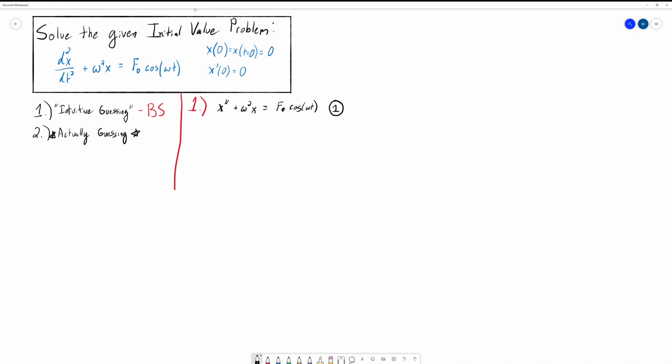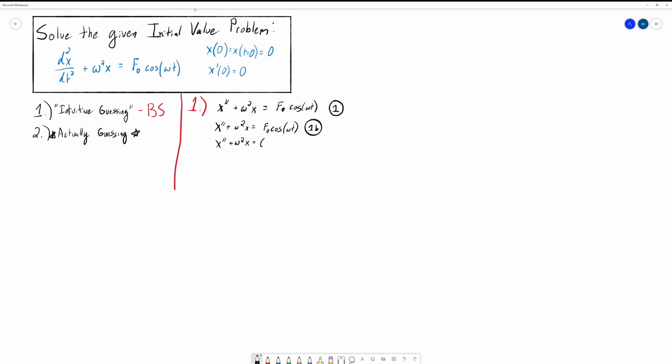Okay, so our job is to first solve this equation, and the way that we solve this is you need to break this into two different equations. You need to solve the equation itself, so find x as a function of t such that this holds, f naught cosine omega t. So I'll write this as maybe 1b, but first, or at least the way I would solve it first, is you need to solve what's called